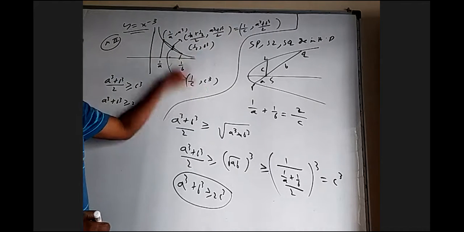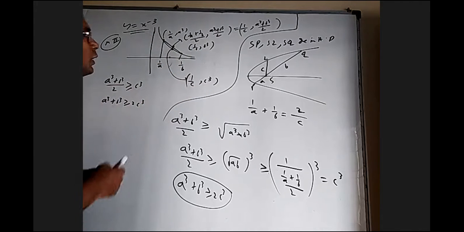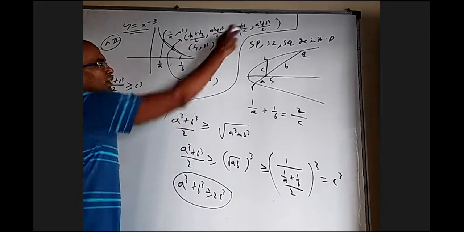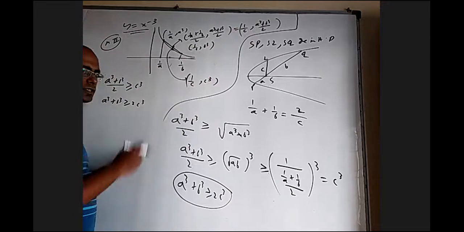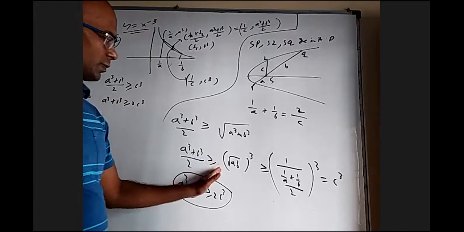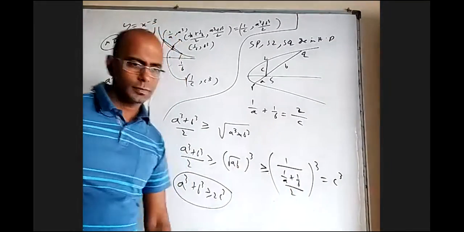How do you get its y coordinate? It is on the curve, so substitute 1 by c here, it will become c cube. But we know from the figure this is higher, this is lower, so that y coordinate should be greater than this y coordinate, which is this. Is it all right? Yes, sir. Otherwise, this is AM greater than or equal to GM, and then this particular geometric mean is greater than the harmonic mean inside.